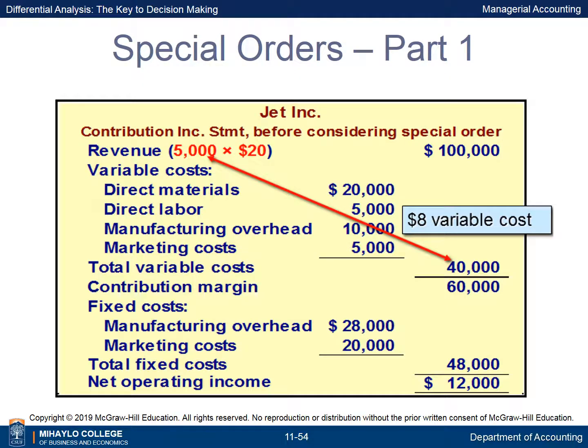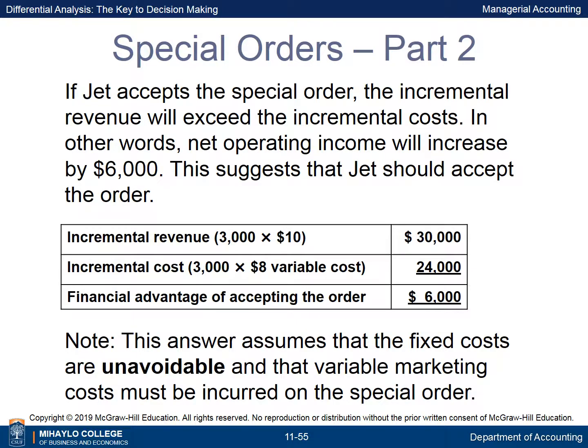A contribution income statement for Jet's normal sales of 5,000 units shows that the variable cost per unit is $40,000 divided by 5,000, or $8. If Jet accepts the special order, the incremental revenue of $30,000 will exceed the incremental costs of $24,000 by $6,000, so Jet should accept the order. Note, this answer assumes that the fixed costs are unavoidable and that variable marketing costs must be incurred on the